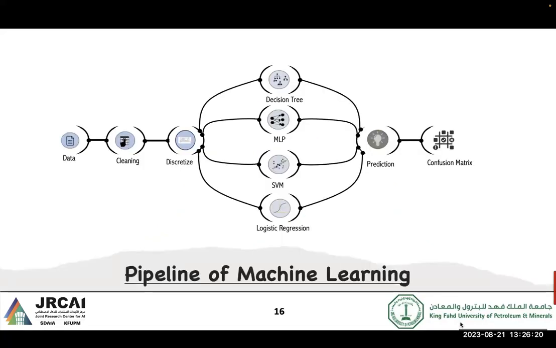All right, now we move to the second part of this workshop, which is the main pipeline of machine learning models. If you want to use machine learning models, you have to go through all these steps. From the left-hand side, first we have to bring the data. This raw data is very noisy, and something is missing, so it's raw data. After that, we have to do some kind of preprocessing.